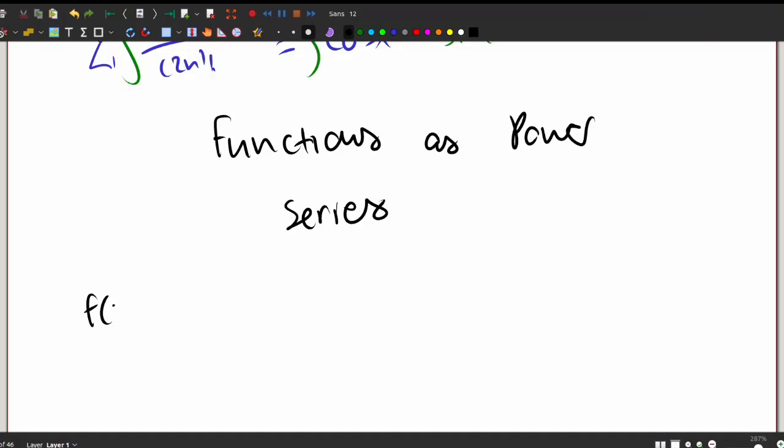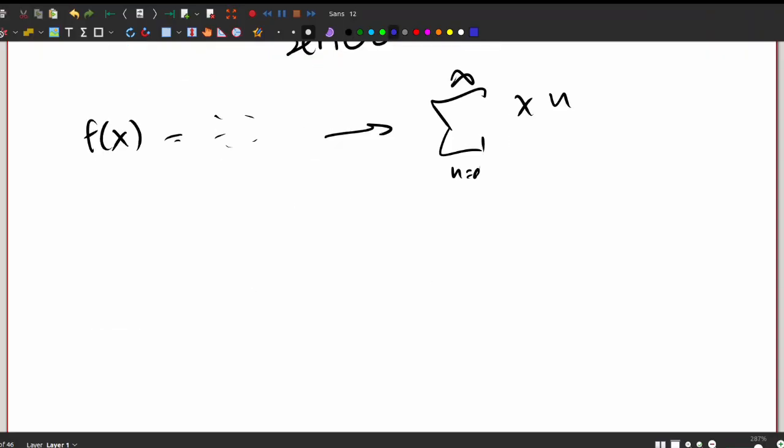And what this means is that you go from f of x equals something in terms of x to a power series where you have something in terms of x and something in terms of n, from 0 to infinity. So what we're doing essentially is representing functions as infinite sums. Now, the most obvious example of this would be the function f of x is equal to 1 over 1